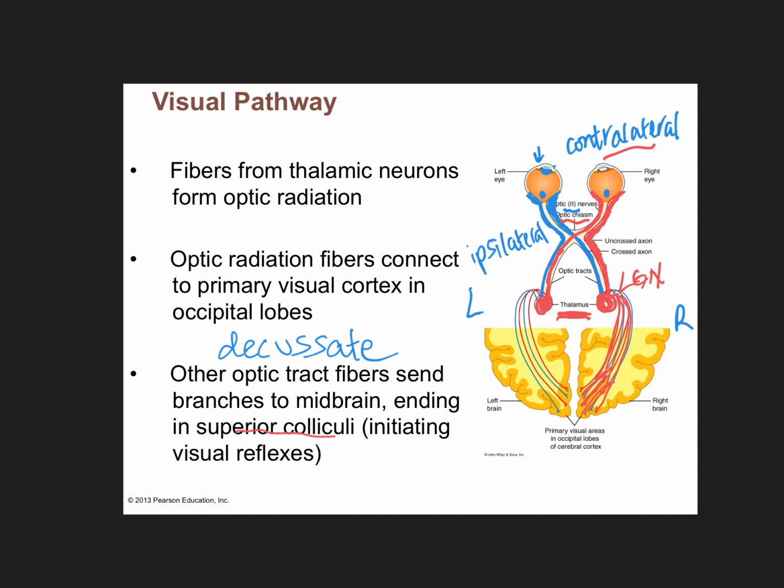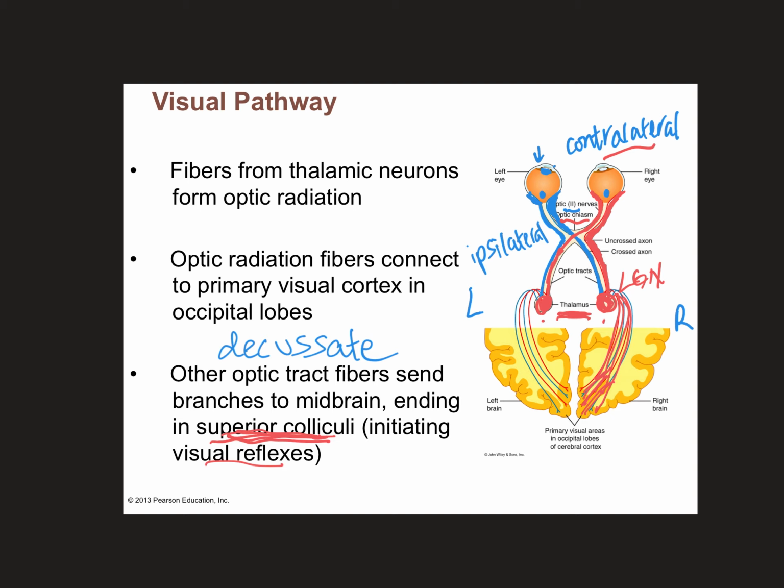One other thing is, I don't think it's really on this picture, is it? Kind of. So when we have this thalamic relay, there's a couple of other nuclei right in this area. And it's a very base level instinctual type of place. And it's called the superior colliculi. We also have inferior colliculi that have to do with sound. But superior colliculi are